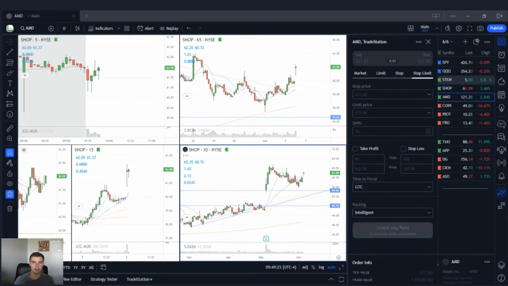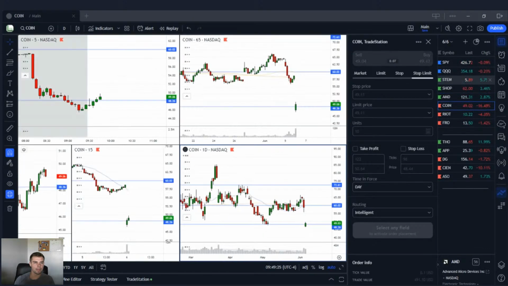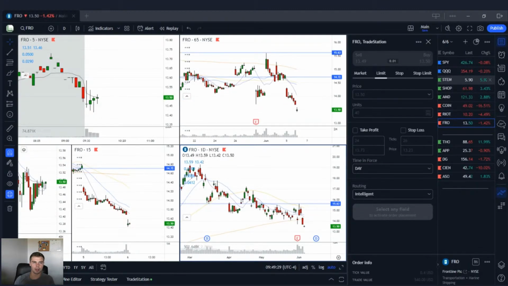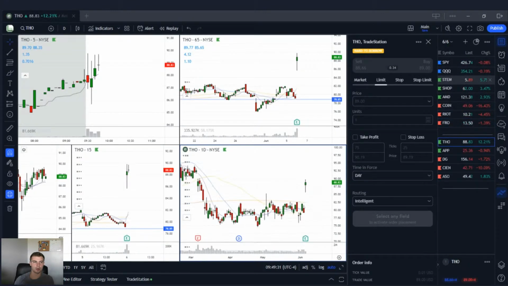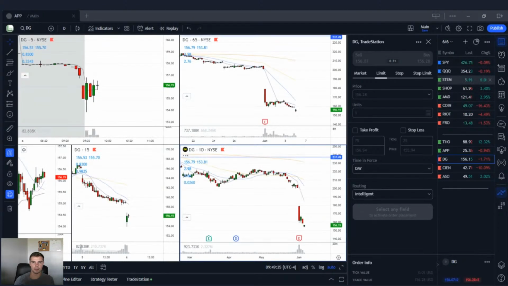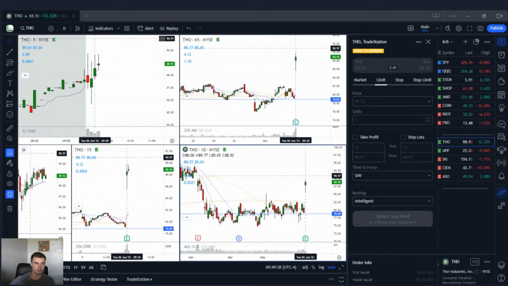Shop, AMD. Like I said, I don't have a whole lot right now that I'm liking. You can watch FRO long. THO, like I said a minute ago, it's gonna be tough. And if you wanted this breakout,